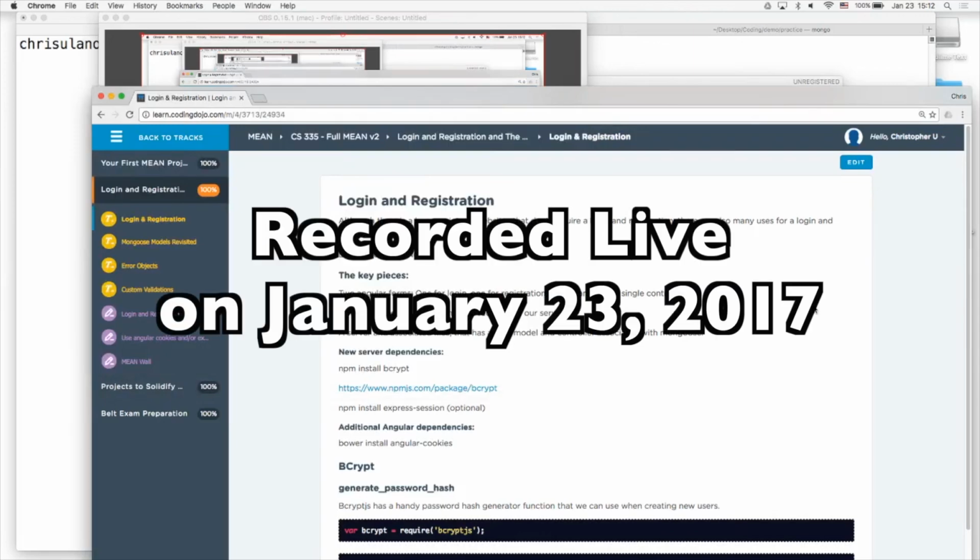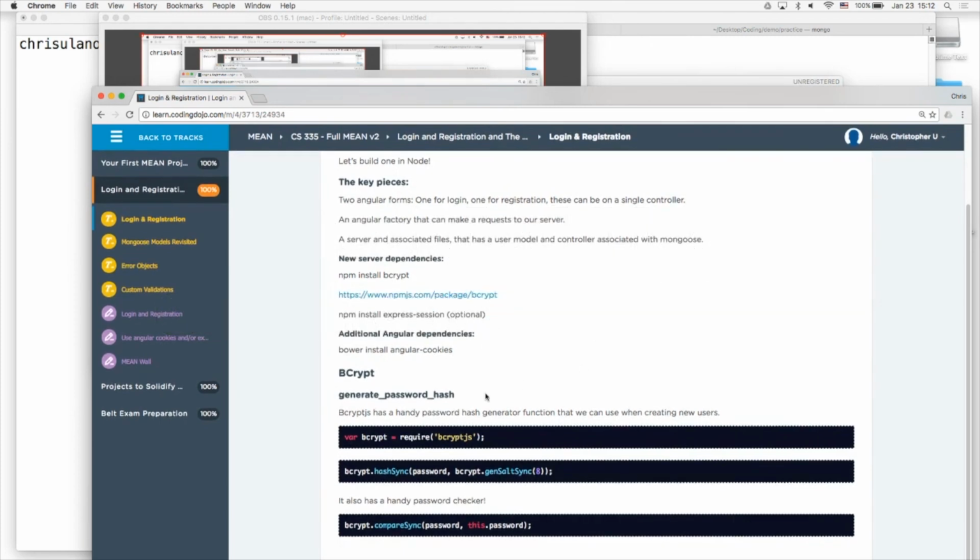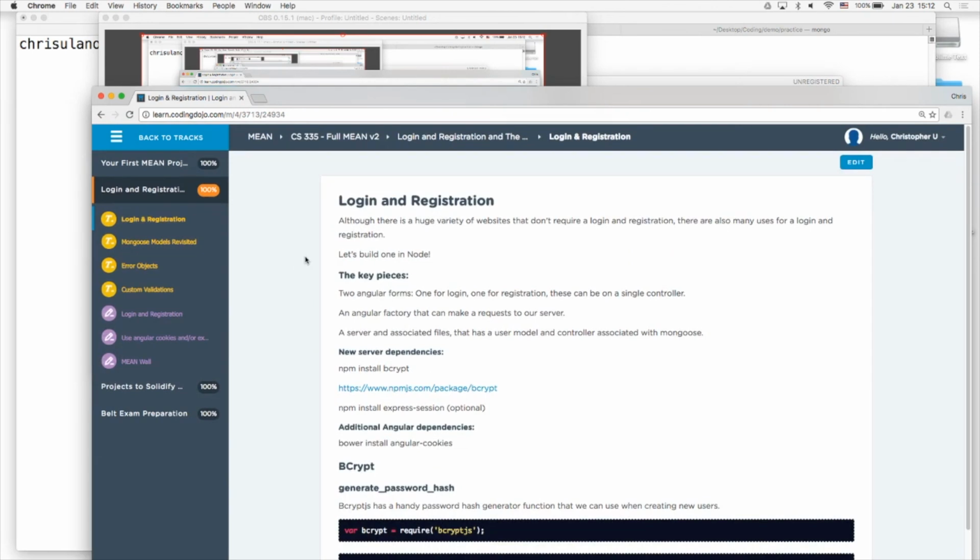It's a little different than the other stacks. For encryption, just like some of the other ones, bcrypt is like the default encryption standard for the most part. So like you'll see in other stacks, you just refer to it as bcrypt. So the key parts is you have a couple Angular forms, obviously, just like every other login and registration that you've